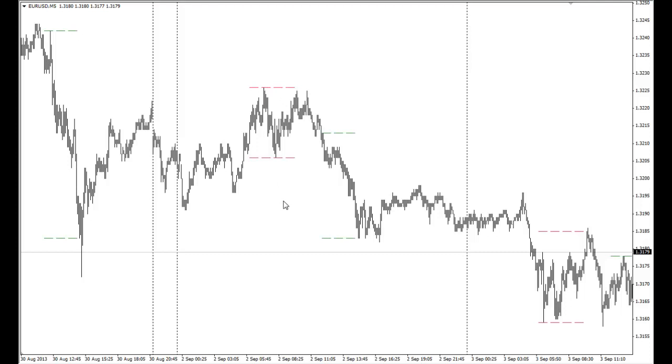Now, what I want to draw your attention to is the highs and lows that form during these particular sessions. This is the New York Open session and the London Open session. The high of the day formed during the London Open, and the low was essentially almost formed during the New York session going into that